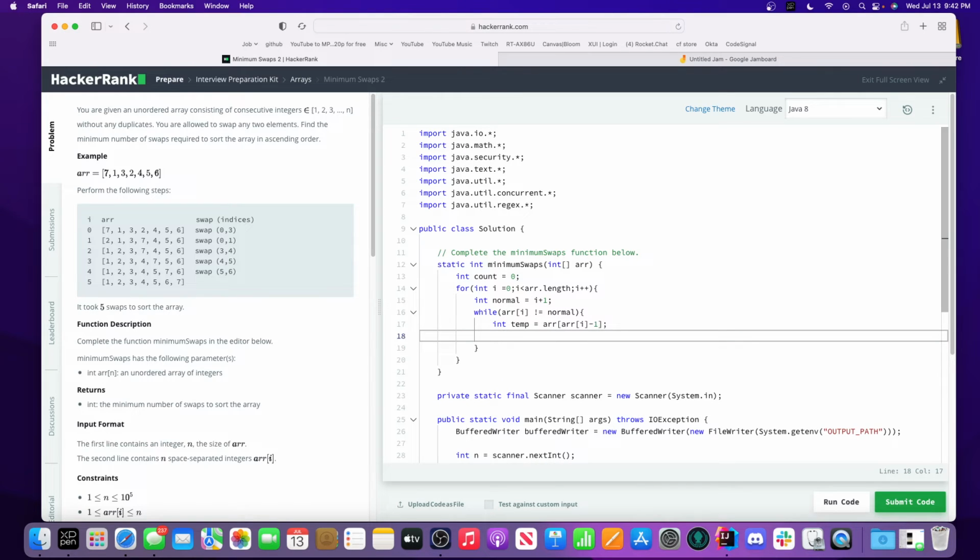And then after we do that, we're going to make the array at the array of i minus 1 equal to the array at i. We're going to make the array at i equal to